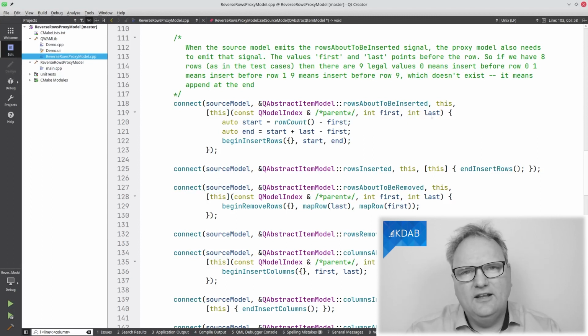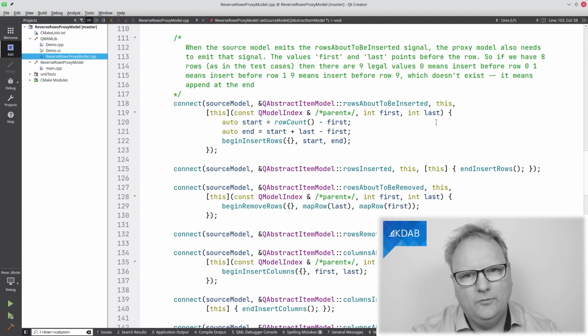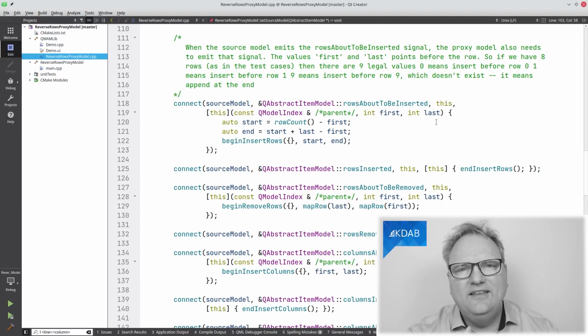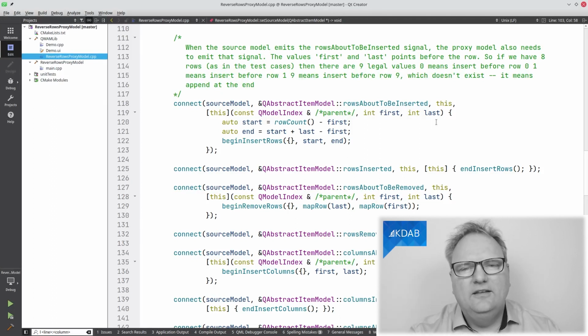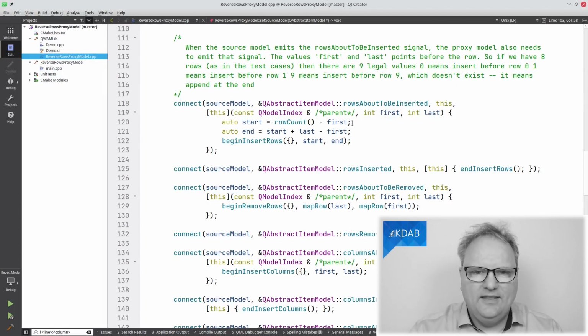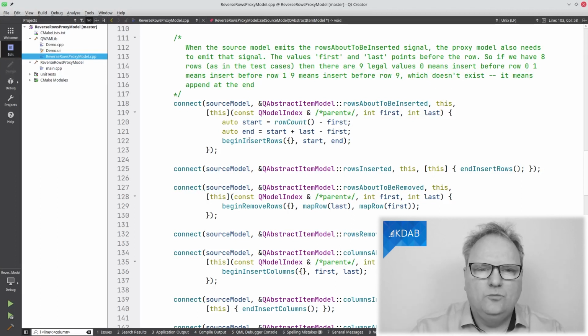The first and the last rows, rather than first and amount, first and last. And as the comment up here says, the indexes start with 0 being before the first element, 1 being between the zeroth and the first element, and so on. And then n is actually after the last. So there is an n plus 1 possible. If there's eight rows, then there's 9 legal values for this. And that's where I just need to, yeah, no, minus, no, yeah, right. And that's what we end up with here.